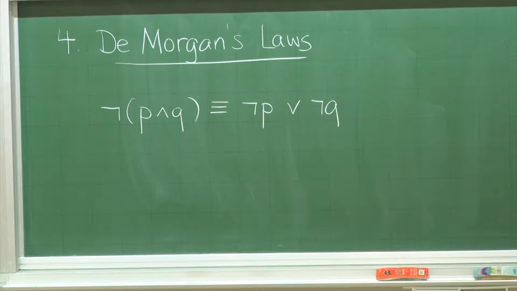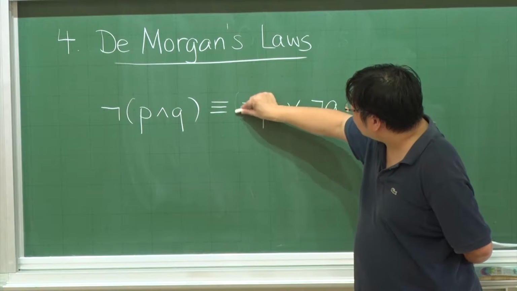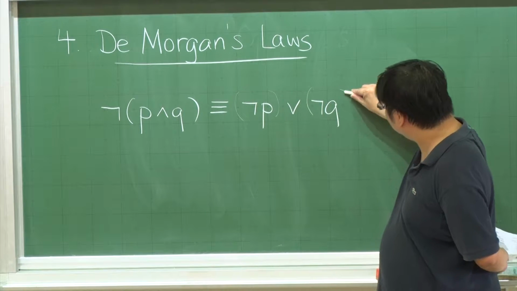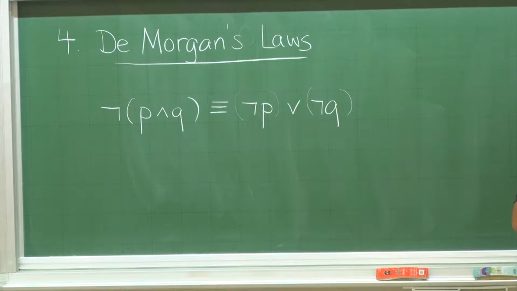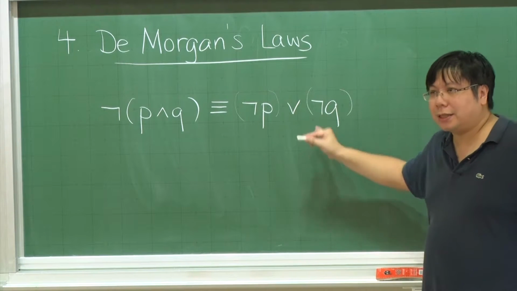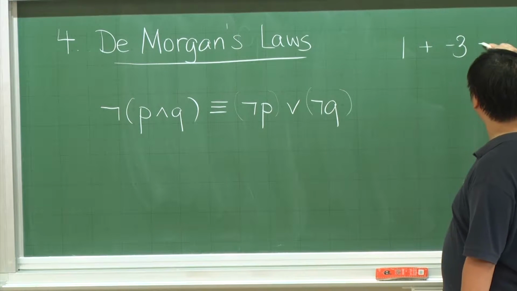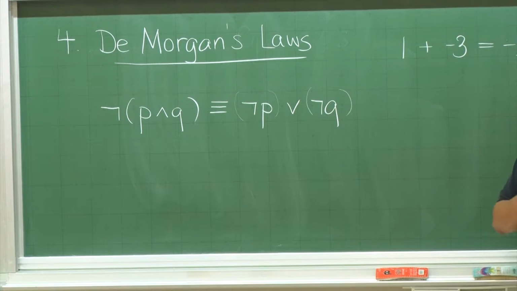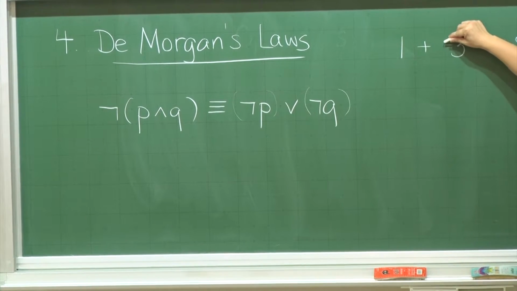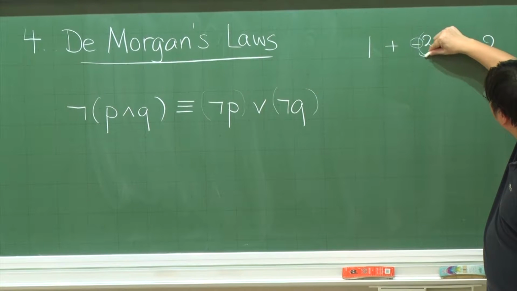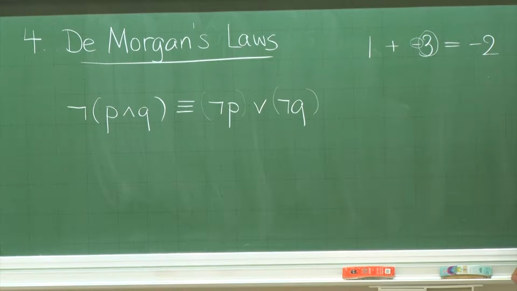Now, I've actually omitted the bracket here, so I should write the bracket here. But sometimes we can save our writing a little bit. There are some conventions that we can follow. This negation is like a minus symbol. So it's like 1 plus minus 3 is equal to minus 2. Is it okay? This minus is always attached to the variable closest to it, to the proposition closest